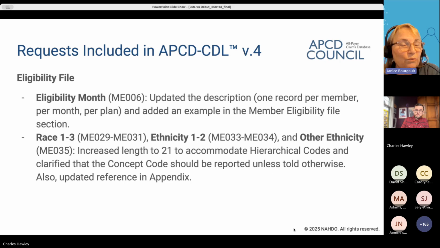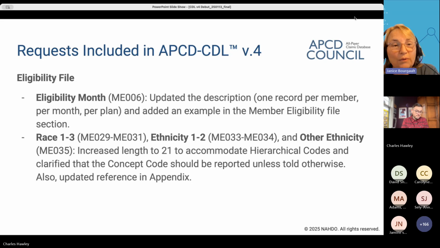So now we'll go through the list of revisions that are in version 4.0, starting with the eligibility file. So the first change was on the eligibility month. The language was clarified to state that only one record per member per month per plan is required. The clarification was requested for multiple reasons.